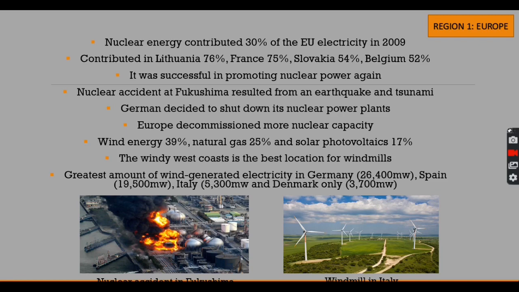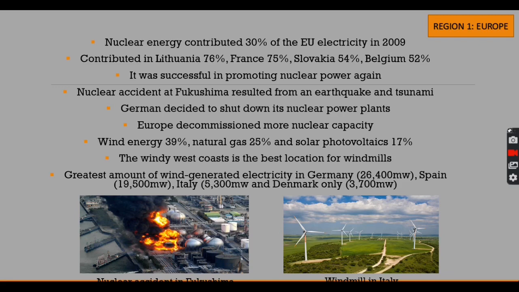was wind energy, natural gas 25%, and solar photovoltaics about 17%. And wind generated electricity only accounts for 4.2% of Europe's electricity. In addition, the windy west coast is the best location for windmills, and the greatest amount of wind generated electricity is in Germany, which is 26,400 megawatts, followed by Spain 19,500 megawatts, and Italy 5,300 megawatts, and Denmark only